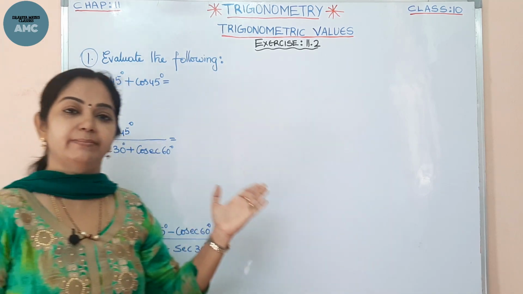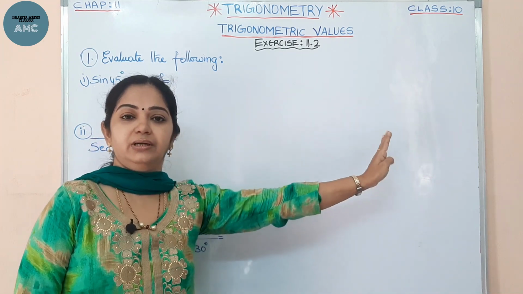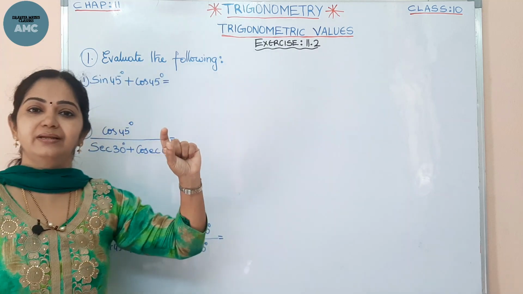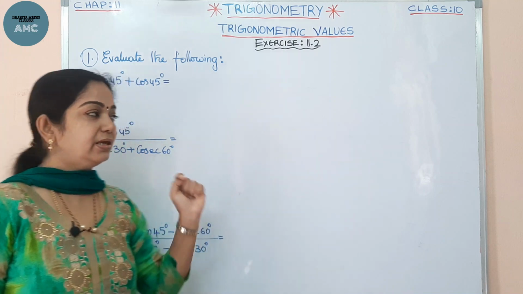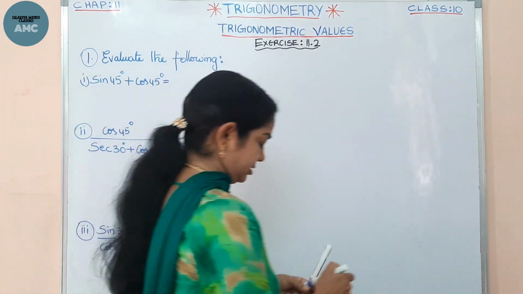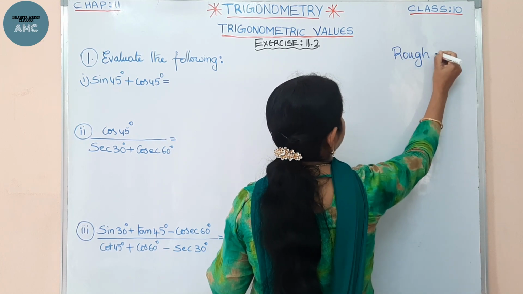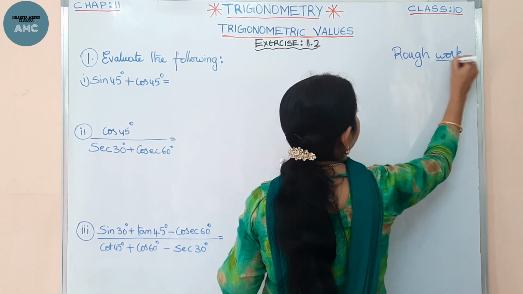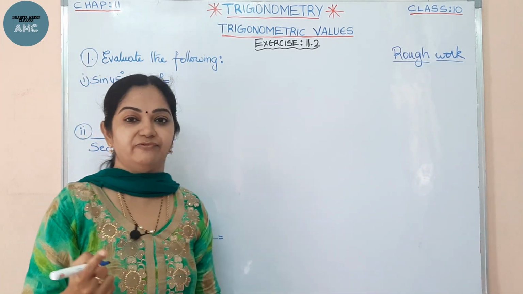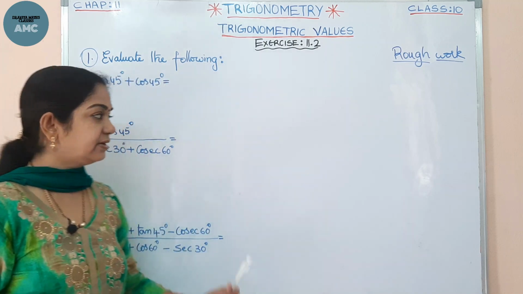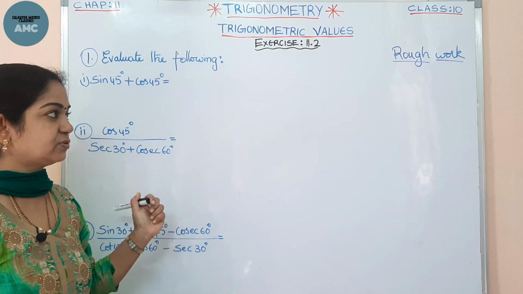Now how do I remember the table? You can write it in the rough work. If you know the sine values, how to jot down the complete table, I have told you. Otherwise, if you know only sine functions, now let me, this is the rough work. Now there is another method. These types of questions you will be getting for 1 mark, half mark and 2 marks in your examination. Right, the problems on the trigonometric values.